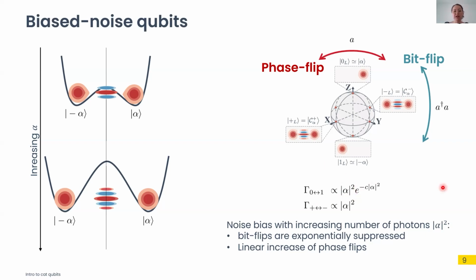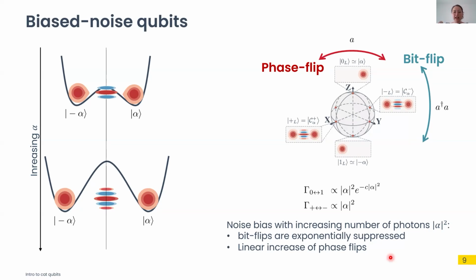is good news. Now we have a way to inject more photons in a cavity, right? And making the bit flip of these qubits that we encoded exponentially suppressed, so getting smaller and smaller with the number of photons. Adding photons is an easy task. And the price we have to pay for that is we have a linear increase in phase flips, so flipping from 0 to 1. But then we can think of these qubits as if we have this autonomous suppression of